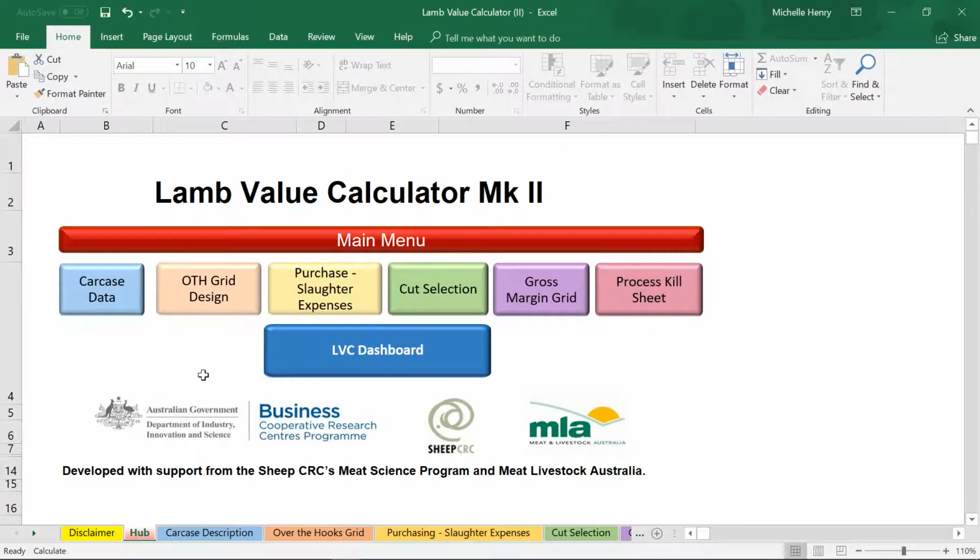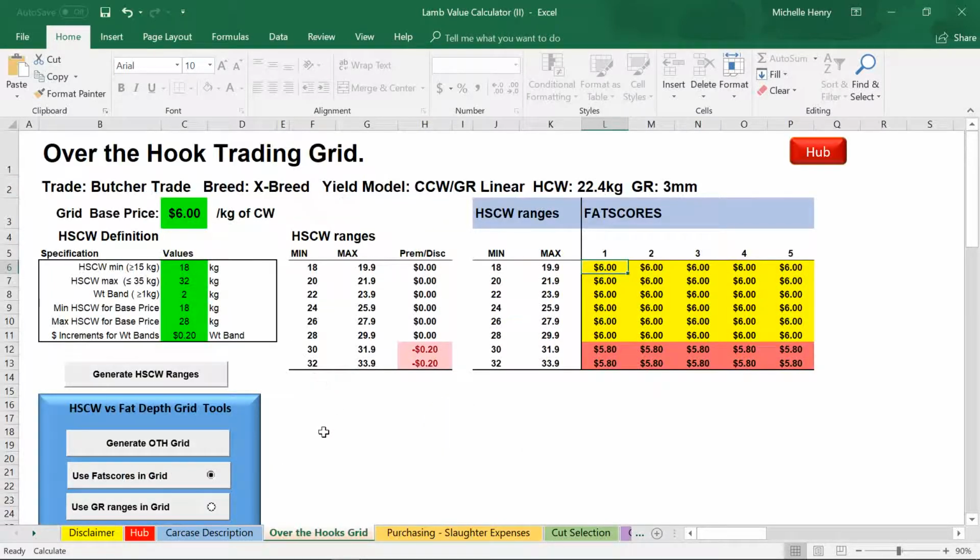In this video, we'll focus on the over-the-hook grid design. So we're currently in the Hub spreadsheet, so we need to move to the OTH grid design button here at the left-hand side. This will take us straight to the over-the-hook trading grid. And as we can see at the top, we've got a range of descriptors that we've already defined in the